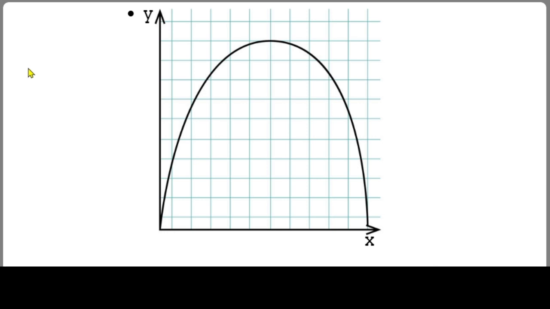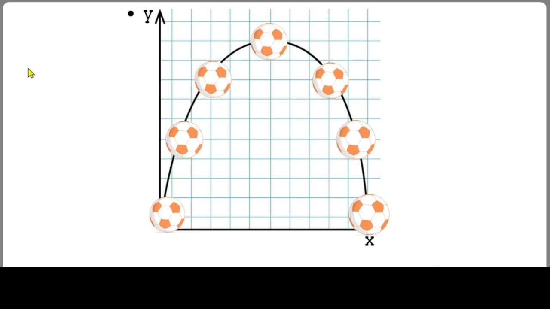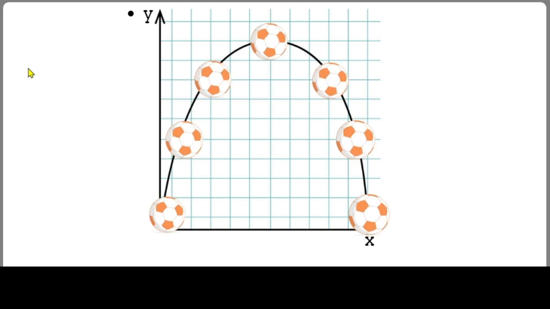Let's take a look at a graph for a projectile motion. This is a ground to ground projectile motion where a football is being passed from one point to the other point. Remember that there are two types of motion over here, rotational and projectile. We're going to learn about rotational motion later. The ball is being rotated.